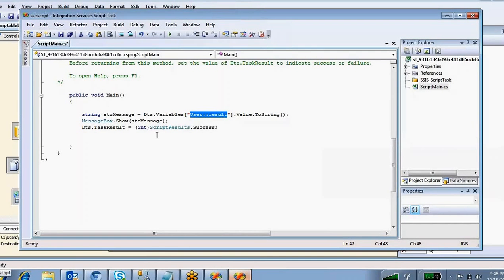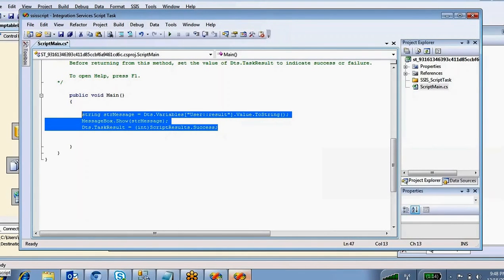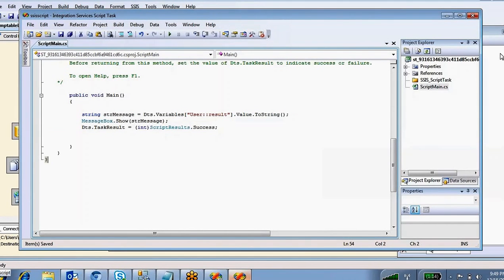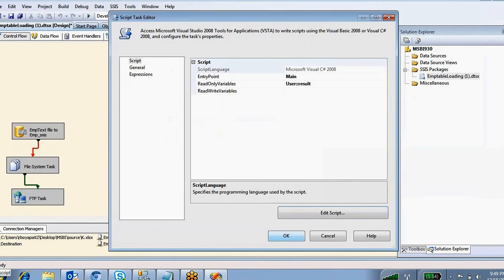Got it? What I'm going to do here is assign this variable value into this variable. Finally I want to show it as a message box. This is simple C# code. I'm going to save this one, click OK, click OK.